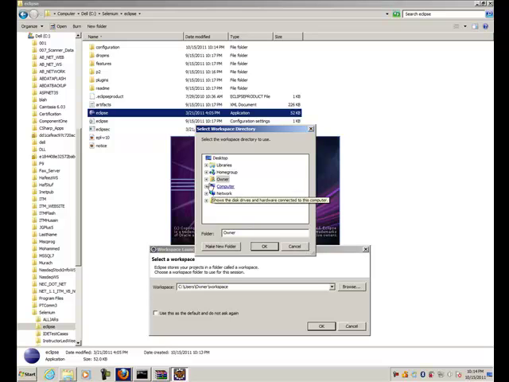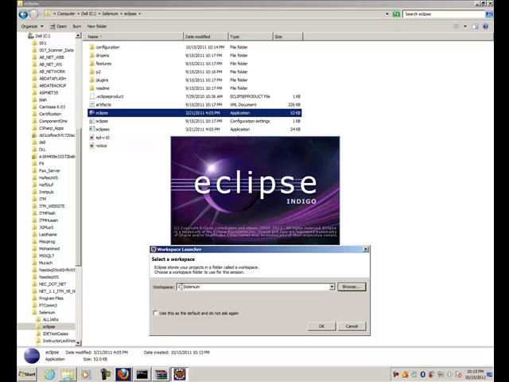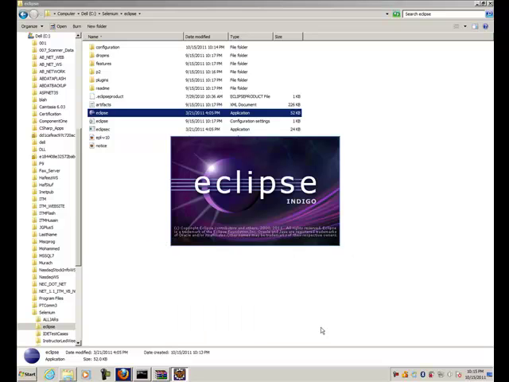So I'm going to go to my C drive, go to my Selenium folder, and keep it in here. That's where my workspace is going to be, and then you will see what it is once I start writing some